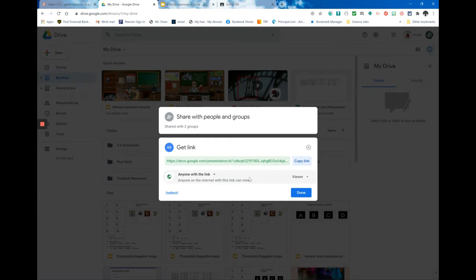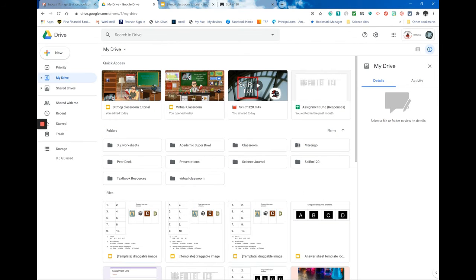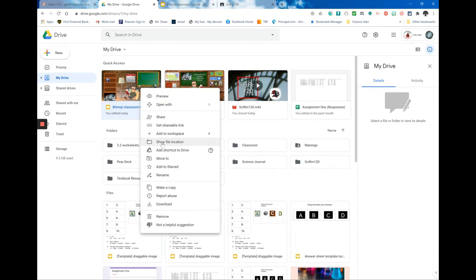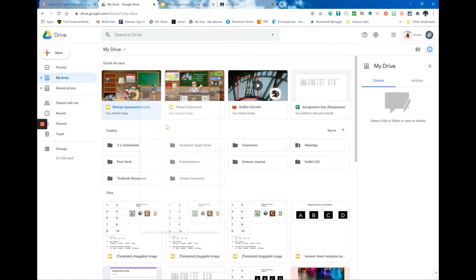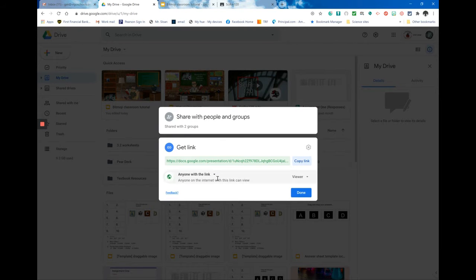And here's where you get to choose if you want to restrict, if you want only people within the Vigo County School Corporation to have access, or if you want anyone with the link to have access. For now, that's what I'm going to choose. Although I didn't copy the link. Let me go back in, get shareable link, anyone with the link, copy the link,